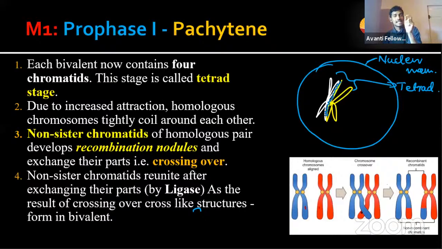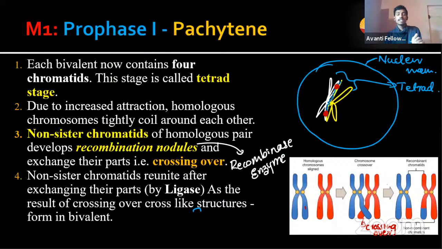Nodule means a bead-like structure, right? So it looks like a bead-like structure wherever the crossing over is happening. So this particular step, we call it the crossing over, okay? Wherever crossing over is happening, a bead-like structure will appear. Don't confuse this bead with the Leptotene beads. That is different and this is different, okay? So when they are placed one on another, two enzymes will work. The first enzyme which works in recombination is, as the name says, recombinase, okay? Recombinase. What will this recombinase enzyme do? This recombinase enzyme will transfer some of this DNA to the other chromatid, and part of that chromatid to this one. As you can see,